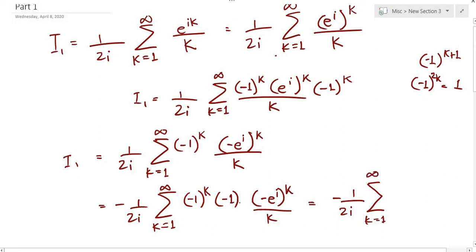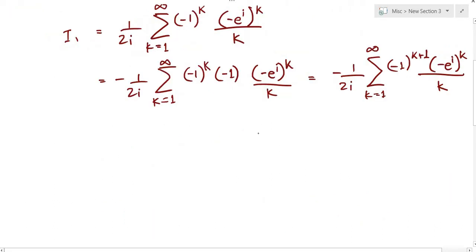Now let's use some properties of exponents. We'll have negative 1 to the k plus 1th power times negative e raised to i raised to k divided by k. And now only now